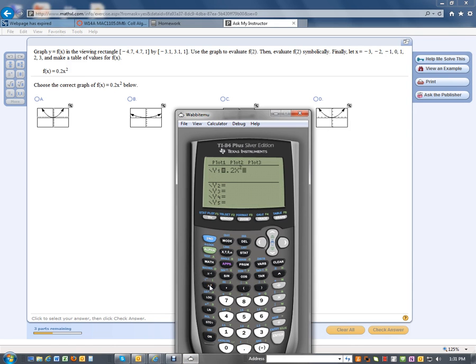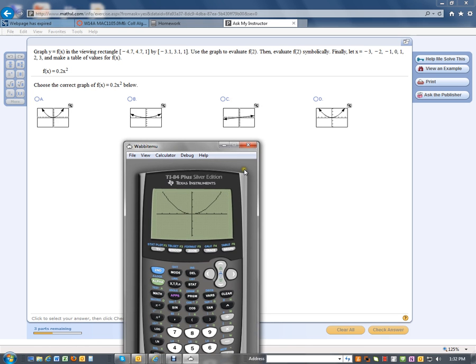0.2x squared. My viewing rectangle is the window with the x minimum, x maximum, x scale. So the x minimum is negative 4.7. The x maximum is 4.7. The x scale is 1. The y minimum is negative 3.1. The y maximum is 3.1. And the y scale is 1. And when I hit graph,